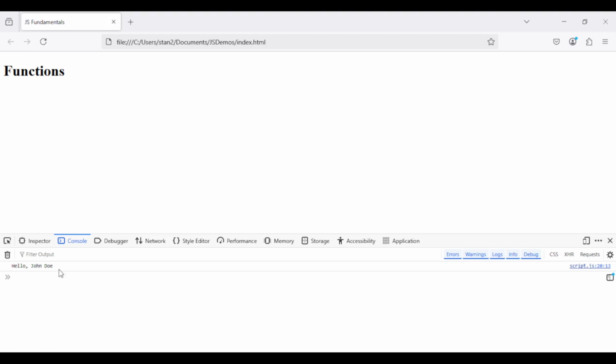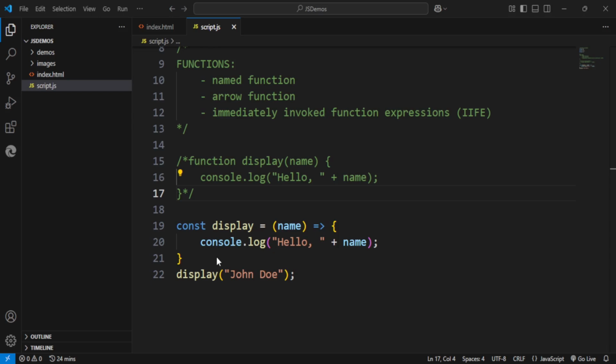Okay, so as you can see, my page has been refreshed and I still have the same result. So this is basically how to make use of an arrow function. All right, having talked about the arrow function, it's time for us to now talk about the last